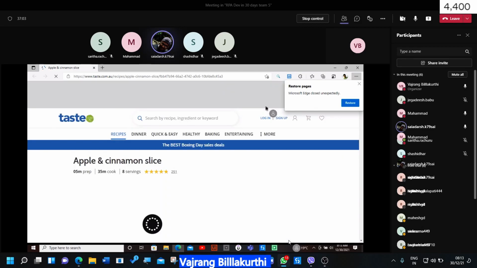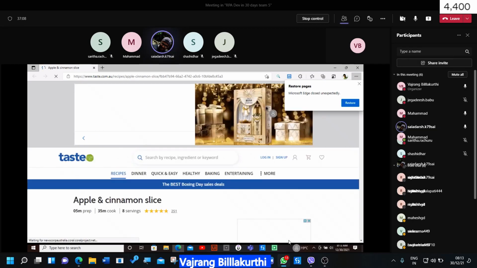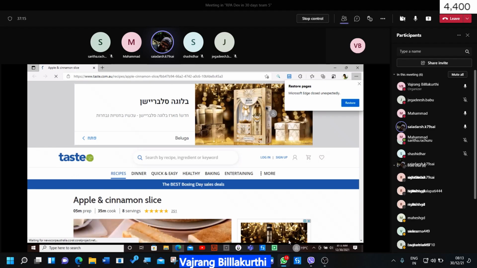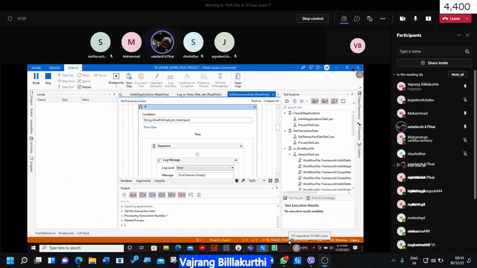Actually, what are the top three rated fruits? I captured that data, the top three. So I will extract the URLs. For each URL, I want to open the recipe and pick the ingredient count. For the top three, I will pick all the ingredient counts, make those into a list, and in that list find the maximum count of ingredients.